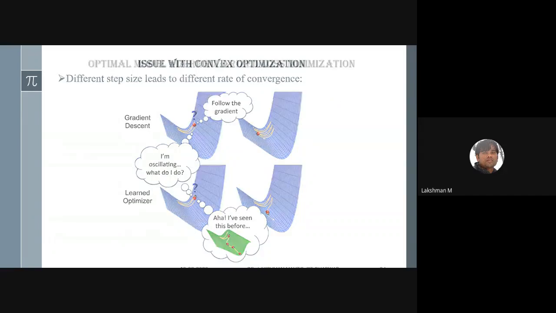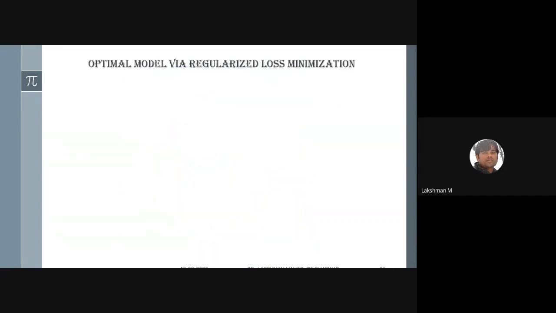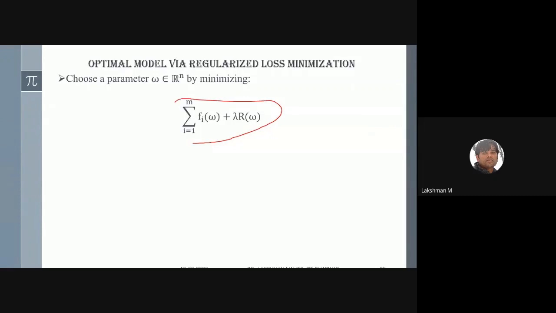The optimal model you can also get via regularized loss function minimization. So you choose a parameter omega by minimizing this very common machine learning formulation, where the fi's are convex, R is also convex, and lambda is a fixed parameter. You can call it the regularization parameter as well.